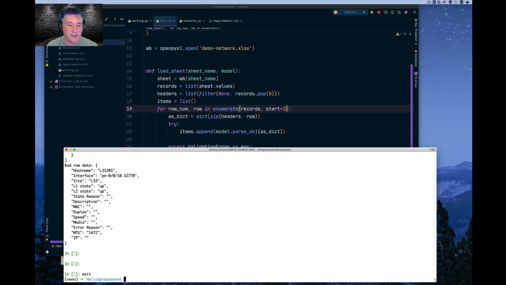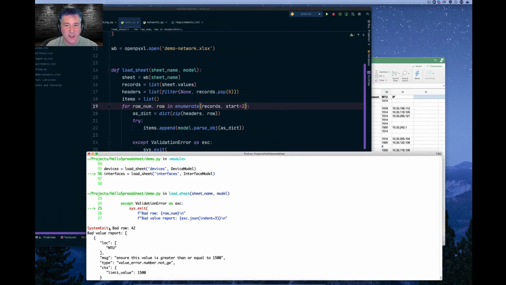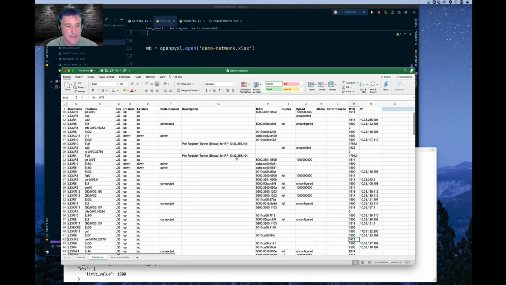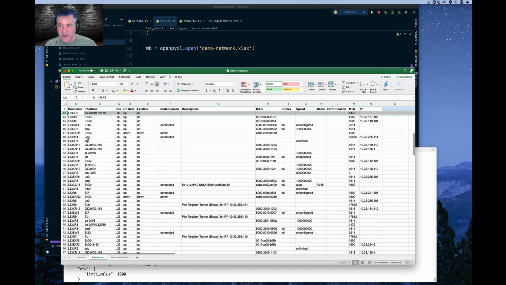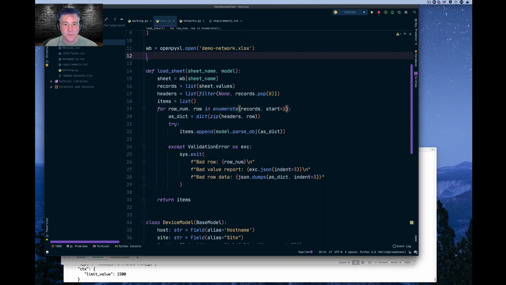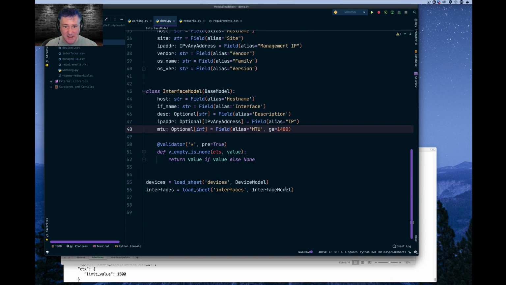Let's do that again. And now we should get bad row 42. And everything should line up. Okay, great. So that's how we can make sure that that's correct. Now, in my case, I really want to make this 1400 so it passes. All right, so the other thing we want to do is we might want to check